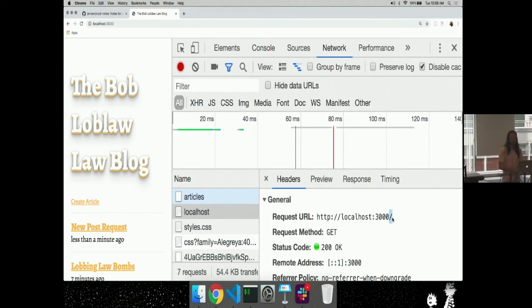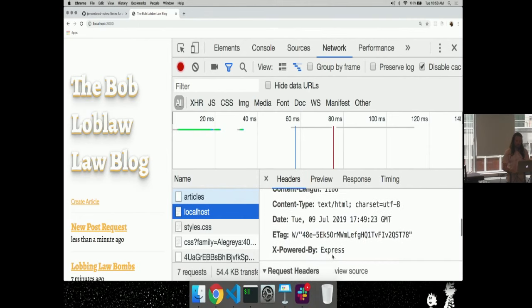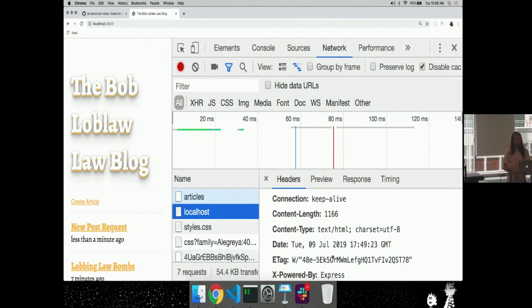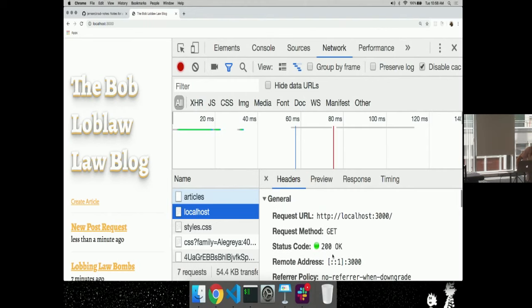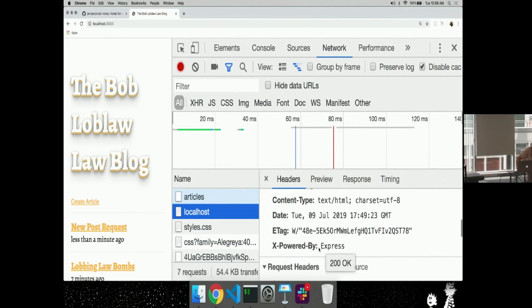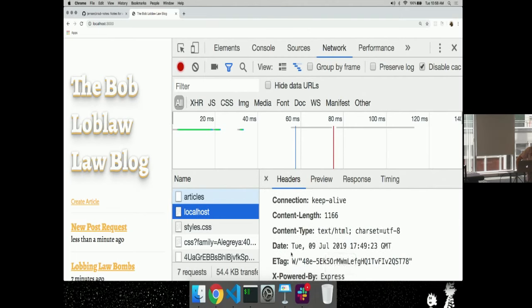So this is what happened when I got the redirect in the browser: my browser went and made a request to local. Now, in this response there is no location, because this is an OK GET request, right? It's not a redirect. So there is no location in this response, only in the one that has a redirect with it. Cool?